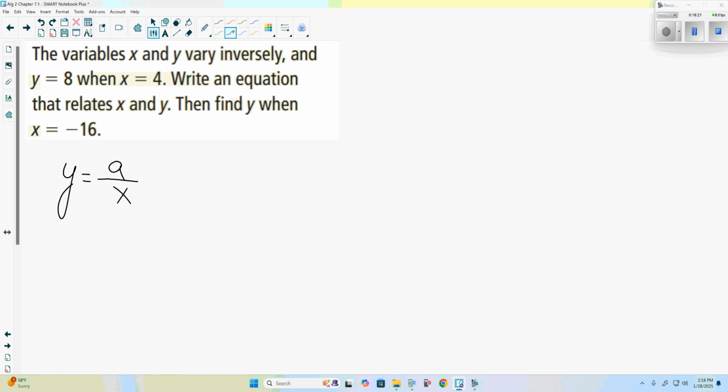But how did we verify that it was direct or inverse, or show that it was inverse variation? We used what? x times y equals a, yes? This is still the equation for inverse, yes? So we're doing 8 times 4. So a is